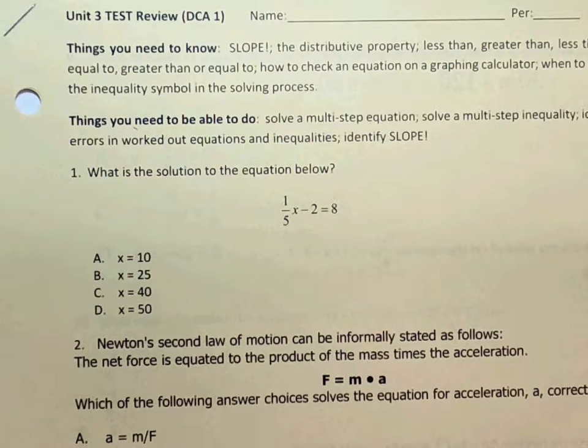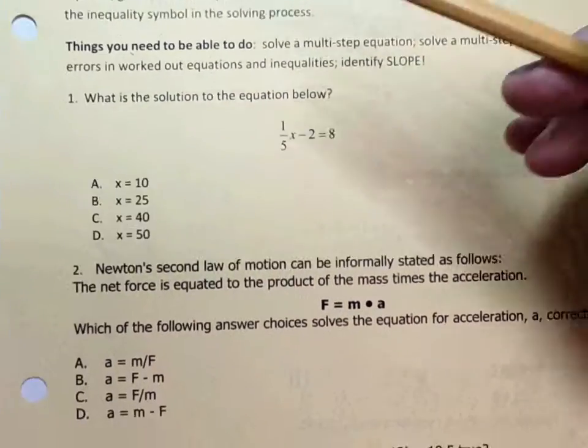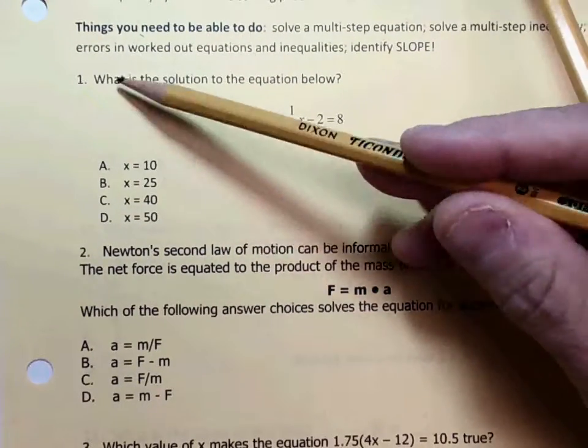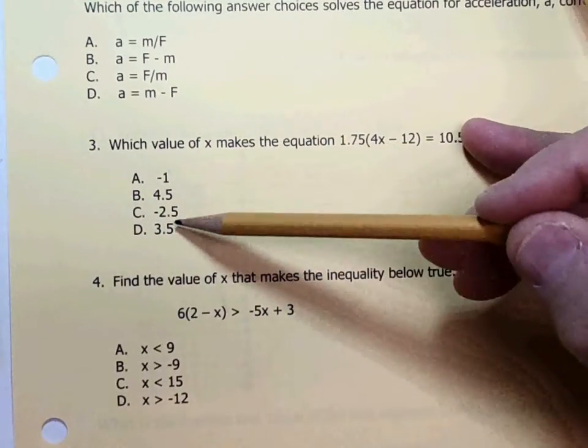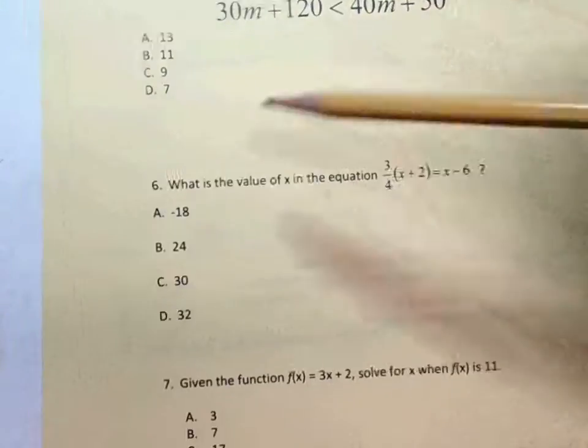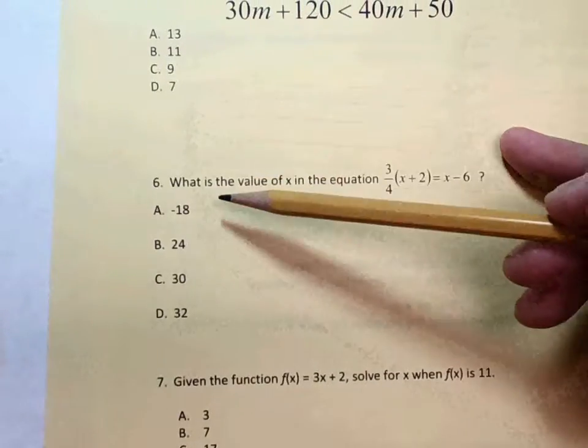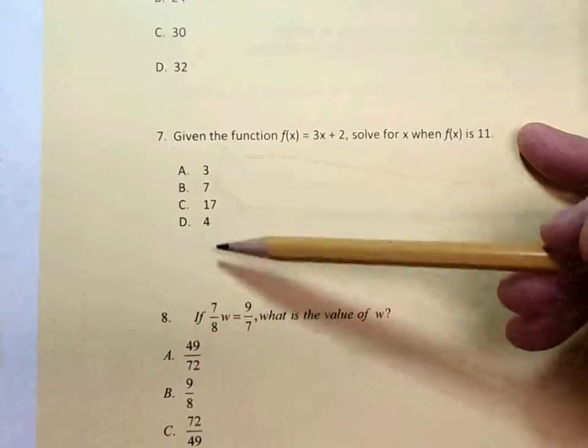I want to point out some things that you can do on this exam and on problems that you'll see on your STAR exam as well. I want you to look at all of the answer choices that simply have numbers. Look at number 1, I have numbers. Number 3, numbers. Number 5, straight numbers, that's answer choices. 6, 7, 8,